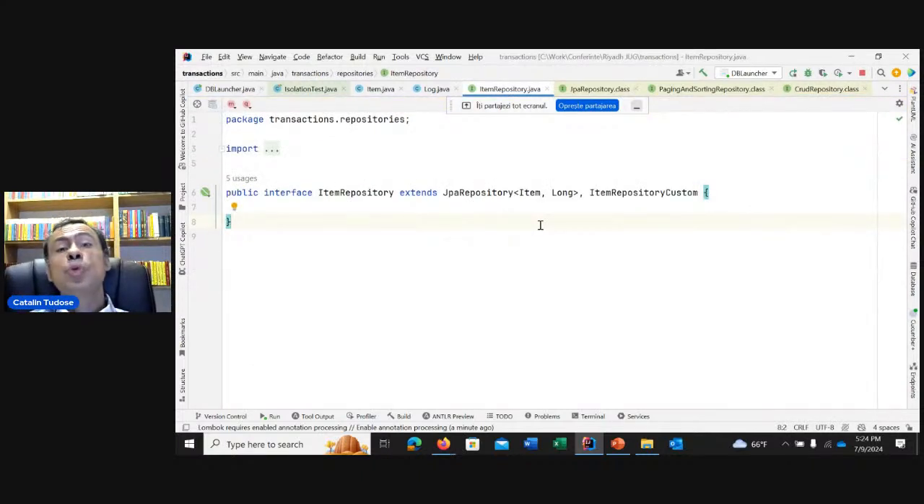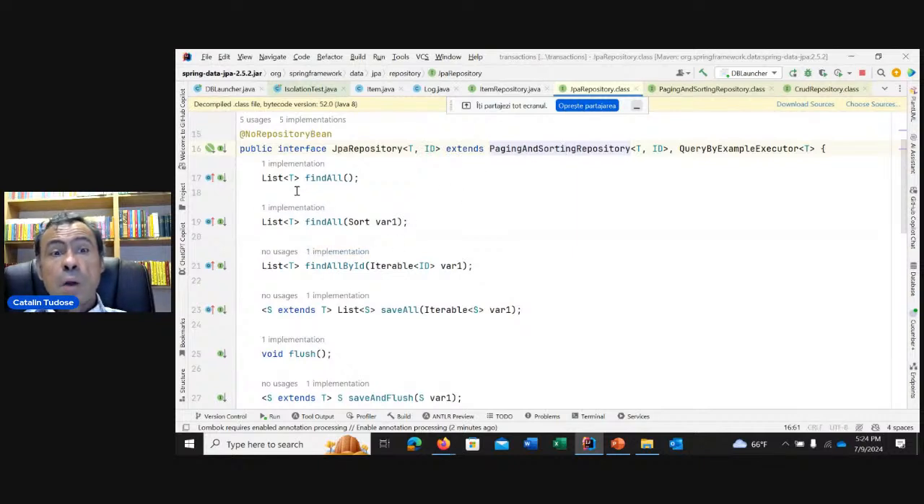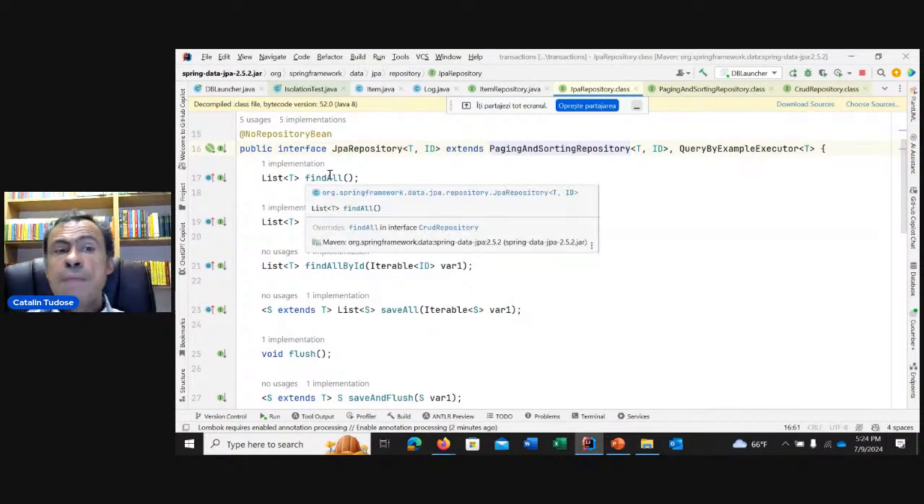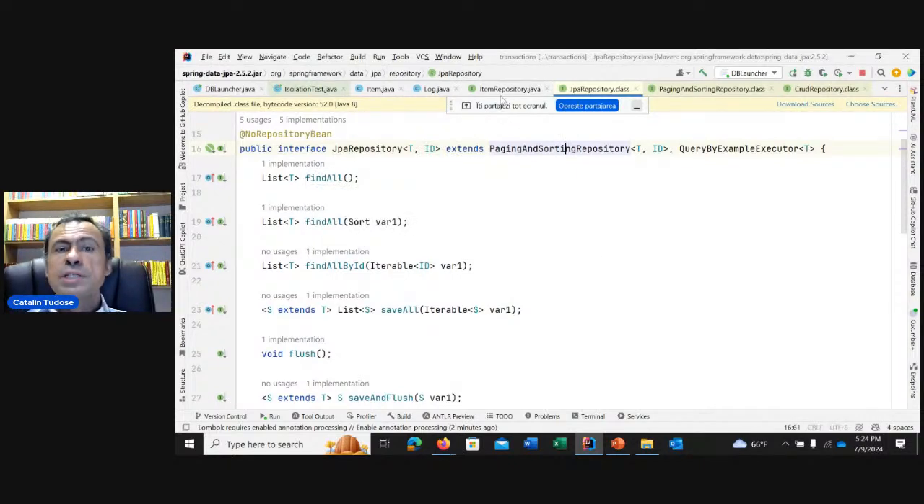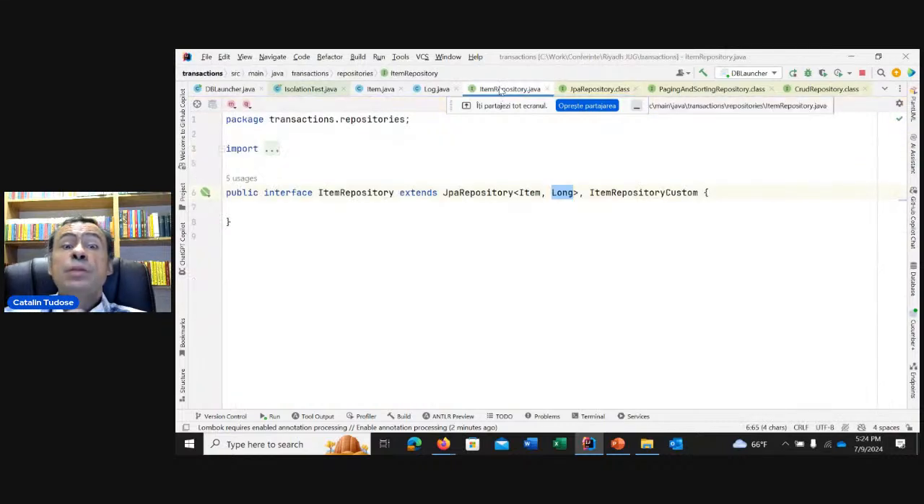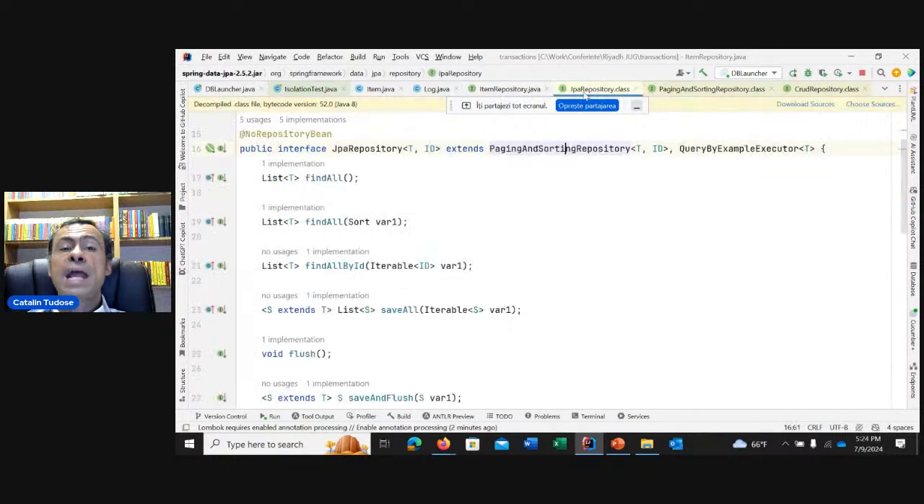But there is no need to have an implementation here because Spring Data JPA is very smart and will say, aha, you are managing entities of type Item having IDs of type Long. It means that it is Spring Data JPA that will create a proxy class to implement this ItemRepository and will effectively implement these methods. When I implement these methods, I will know